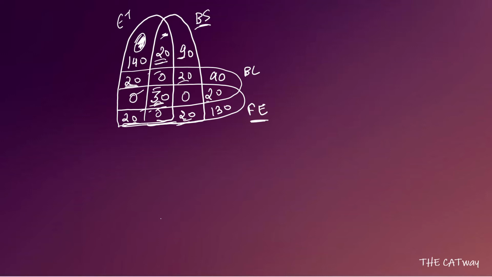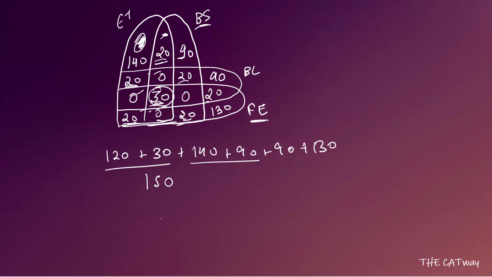Now calculate what is the total strength. So this is 30 for all four, and there were 6 pairs of 20 each, so that is 120, and exactly 4 is 30. Then exactly 3 is 0, we do not need to count them, then count exactly 1. So that means 140 plus 90 plus 90 plus 130. So add them. This will be 230, 220 and 150. The addition of all these will be equal to 600.